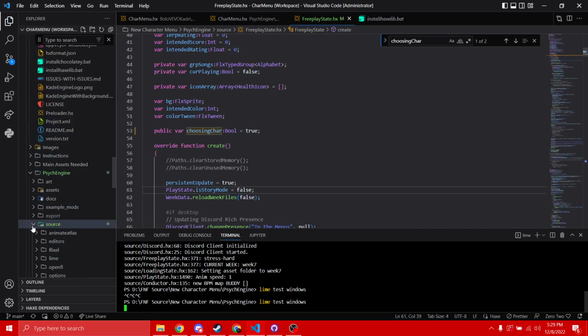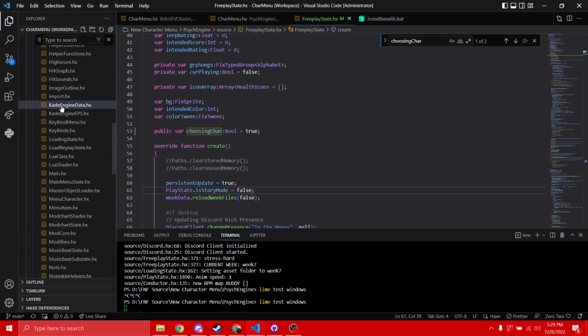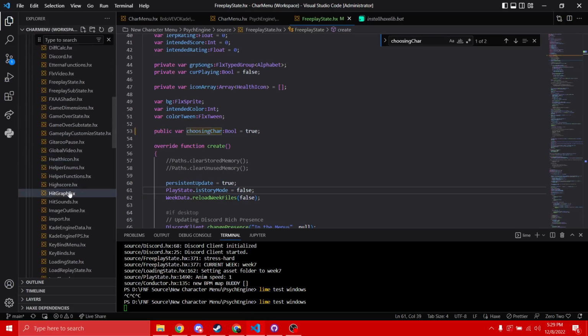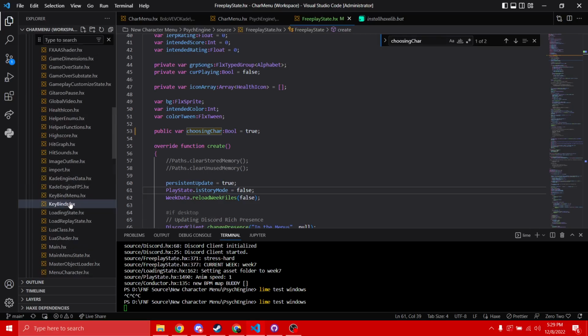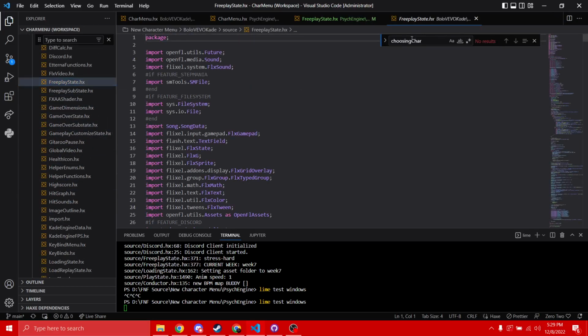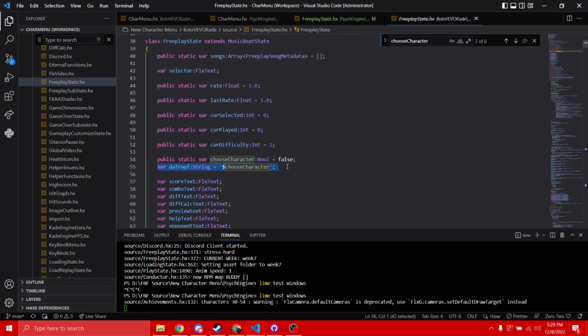Now, for the sake of actually causing a trigger to determine whether it is true or false, I have done a thing for the other character menu for Psych Engine, which I would like to showcase. Because again, it's pretty much the same thing. It's just dependent on what you want to do with it. And this one I accidentally gave a different name. I named it Choose Character. Don't mind this variable. This is for me just on the screen to determine if I've already changed it or